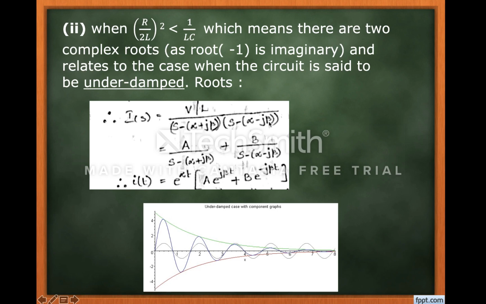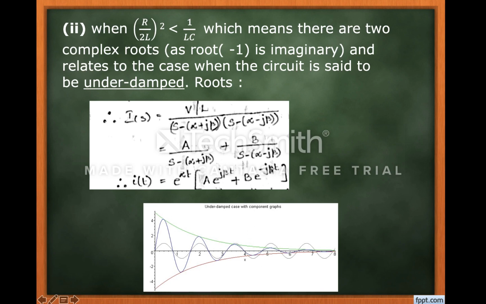So upon taking partial fraction method, you'll get two terms A and B over here, and similarly when you take inverse Laplace, you'll be having it as e power of alpha plus j beta and e power of alpha minus j beta. Exponential term addition can be split up as e power of alpha t into e power of j beta t. So after splitting it up, we can take the common term outside. So e power of alpha t is common for both, so it is taken outside. So this will become A e power of j beta t plus B e power of minus j beta t, and the response curve will be like this.